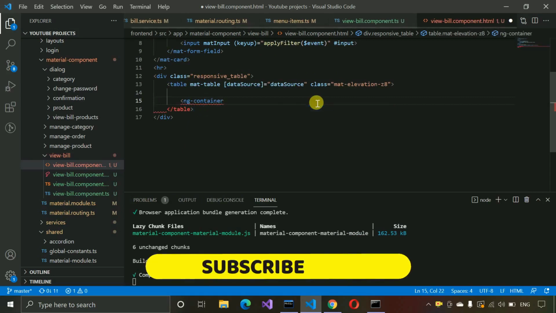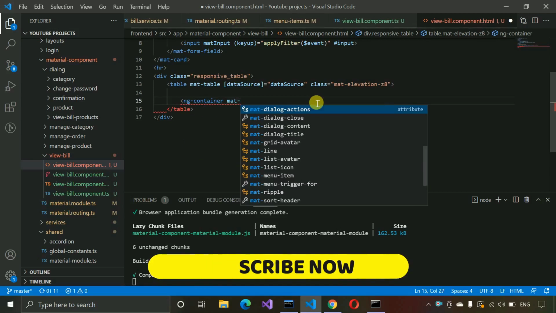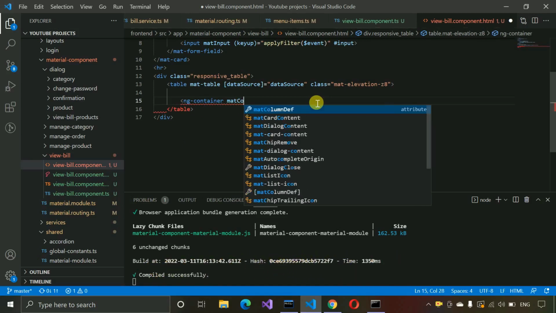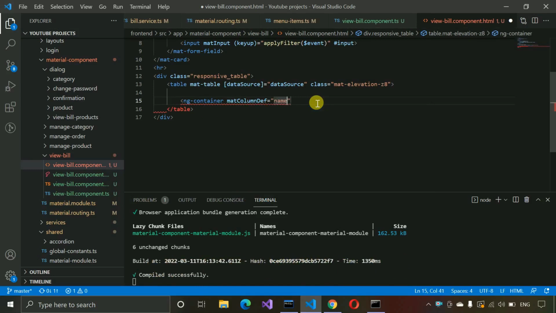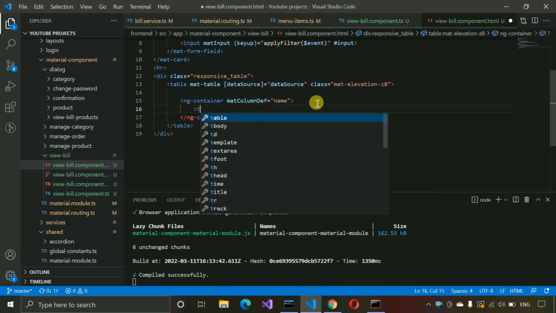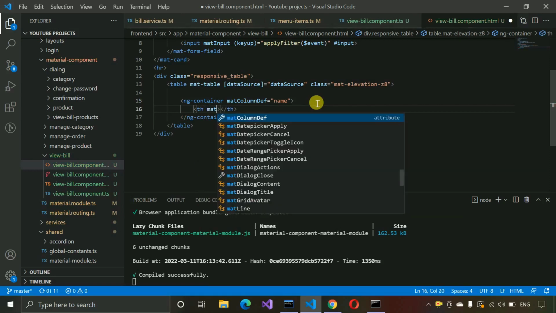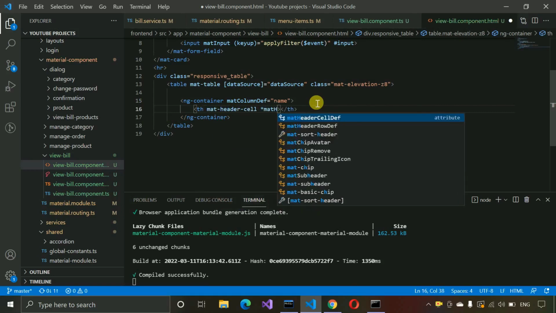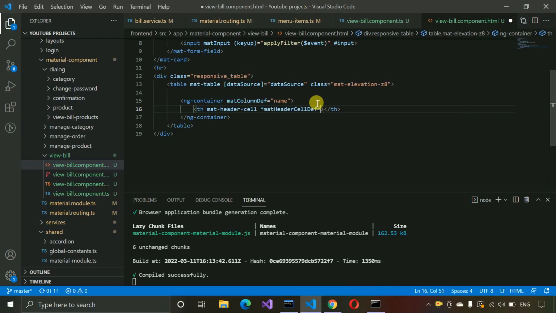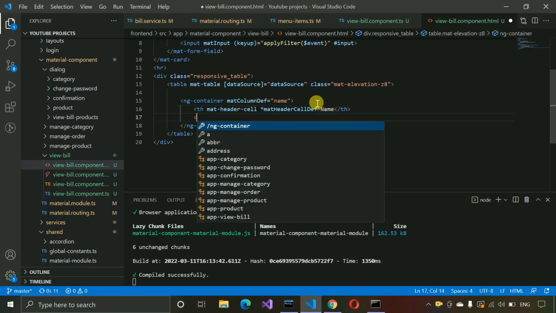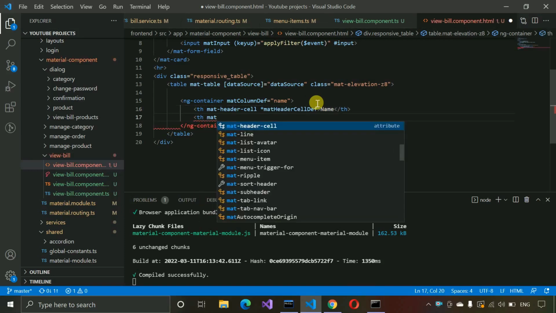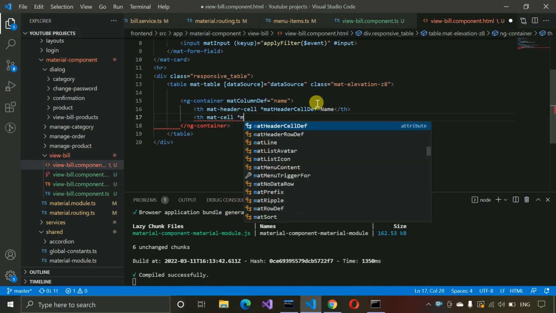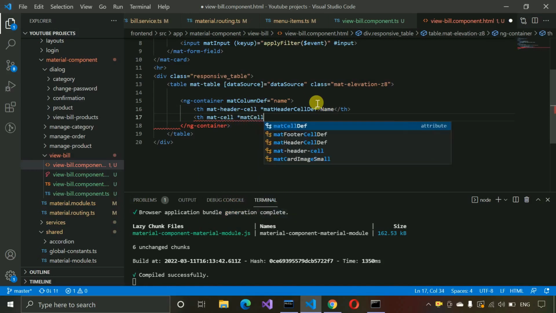and after that here we have to write ng-container, and matColumnDef, this one, and here we need to write the first one, the name. Here we need to write th, and mat-header-cell, this one, and after that here we need to write mat-header-cell div, this one. Here we need to write Name, and after that td, mat-cell, and then we have to write mat-cell div, this one,